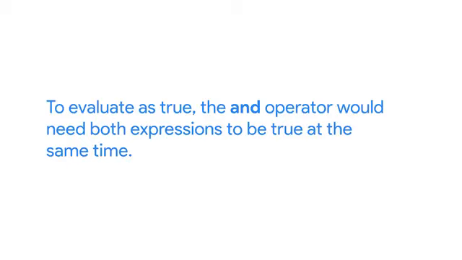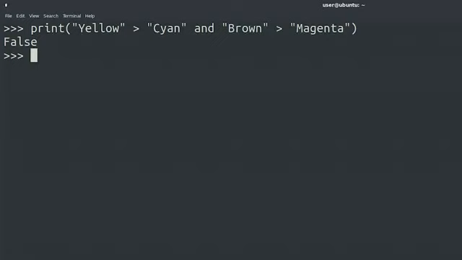To evaluate as true, the AND operator would need both expressions to be true at the same time. Here we're comparing strings, and the bigger and smaller operators refer to alphabetical order. Yellow comes after cyan, but brown doesn't come after magenta. So this means that the first statement is true, but the second one isn't, which makes the result of the